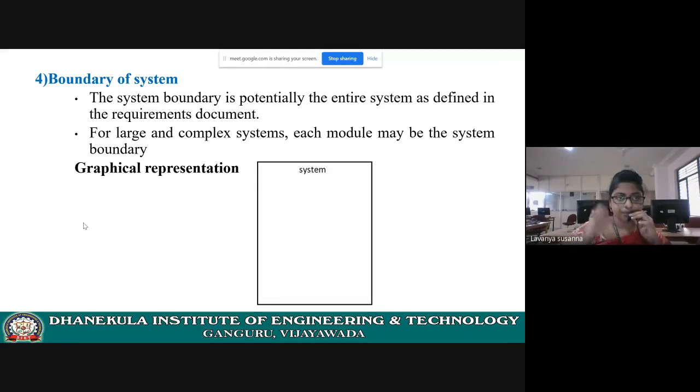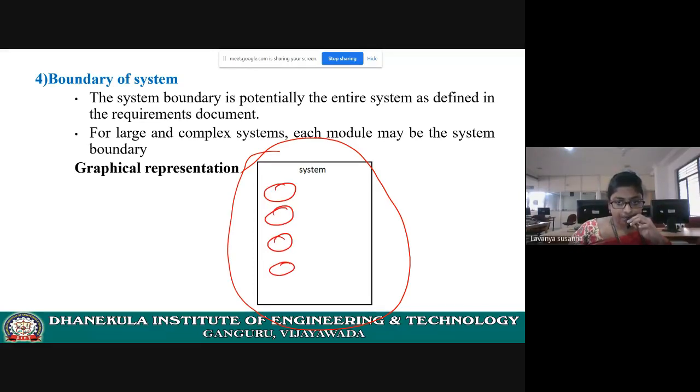Okay, see here. Boundary of the system. Graphically, how is this boundary of the system represented? Draw a rectangle. Now, all the use cases must be in between the boundary of the system only. It shows the functionalities of the system. How can you show the functionality of the system graphically? You need to draw a boundary so that it represents the system, and all the use cases must be within the boundary only.